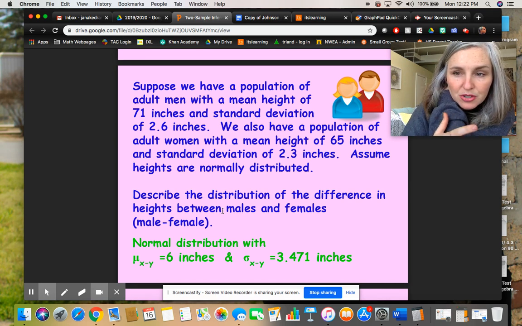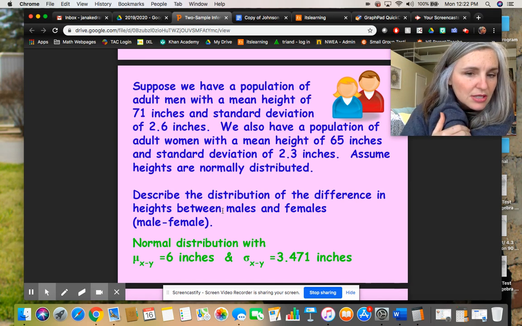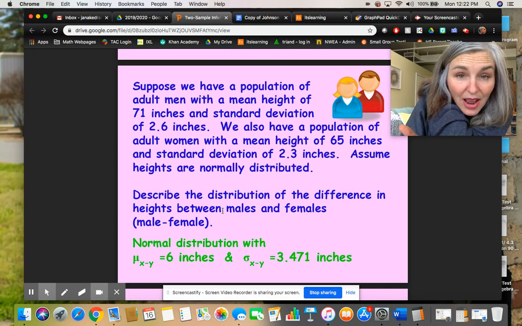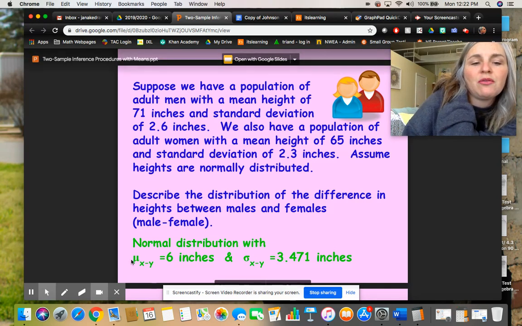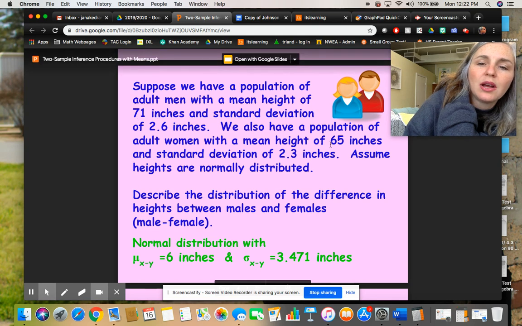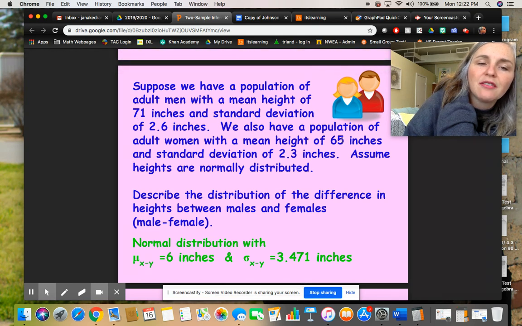Assume the heights are normally distributed, really important. Describe the distribution of the difference in the heights between males and females. So difference means subtraction. So if we want to find the mean, then we would subtract 71 minus 65, and